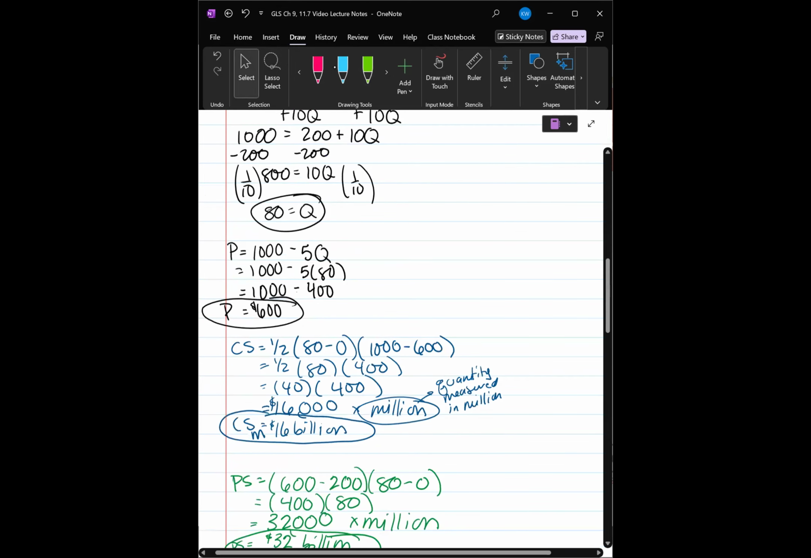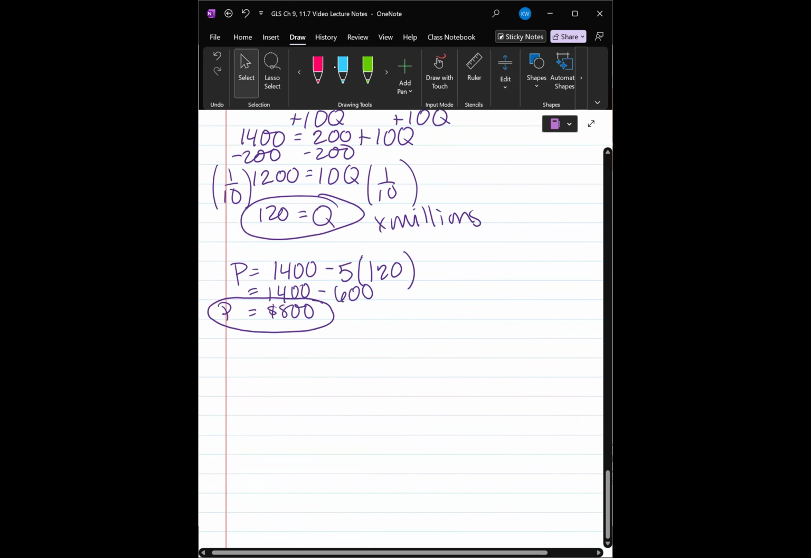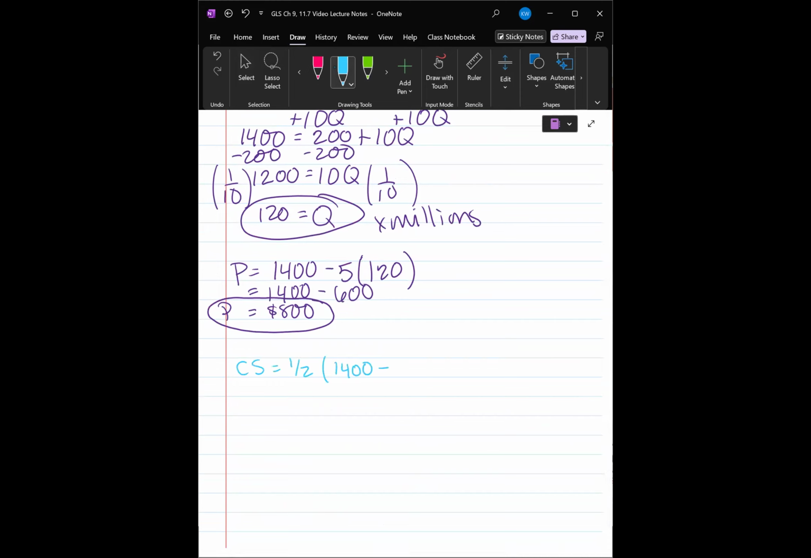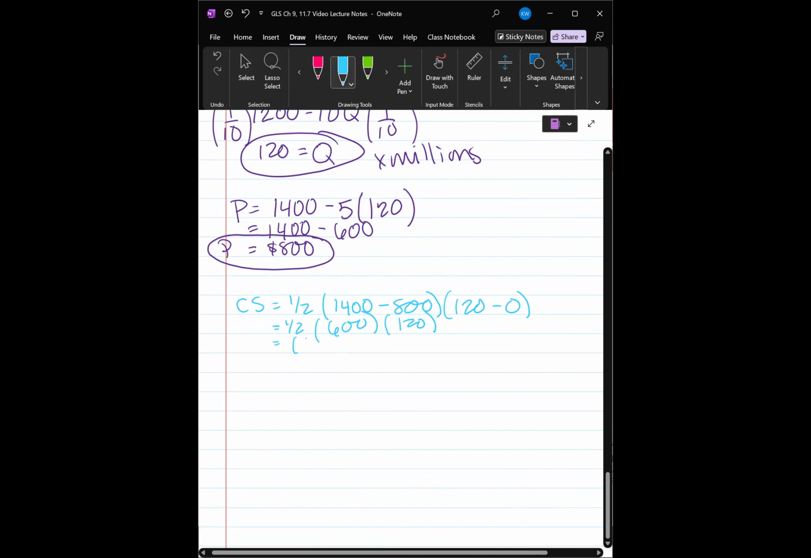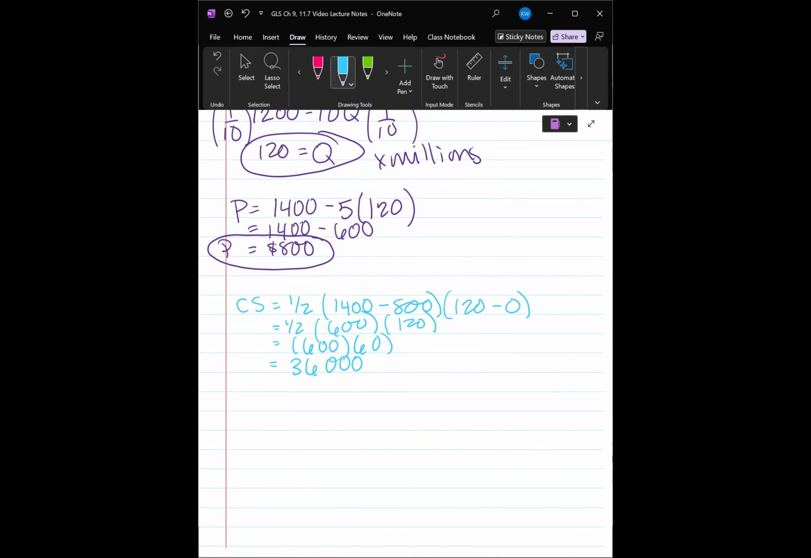All right, so let's go ahead and find these values. Consumer surplus is that top triangle. We'll have it equal to 1/2 times the difference between the demand choke price and the price that the monopolist charges. So 1,400 minus 800 times the amount sold, which is now 120. Simplifying, we get 1/2 times 600 times 120. Half of 120 is 60, so we get 600 times 60, and then that leaves us with 36,000. And because quantity is measured in millions, that's actually $36 billion